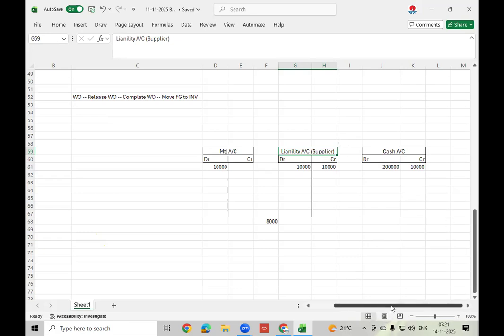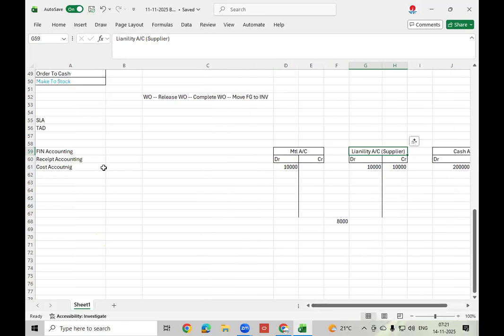But here, financial account may not be involved directly, but receipt accounting, cost accounting, we should configure and test, understand how this entry is properly impacting or any accounting entry missing.